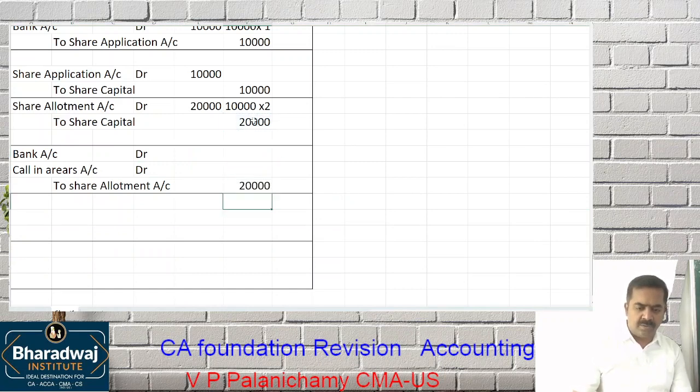You have to collect 20,000. One shareholder did not pay the money. Euro shares into